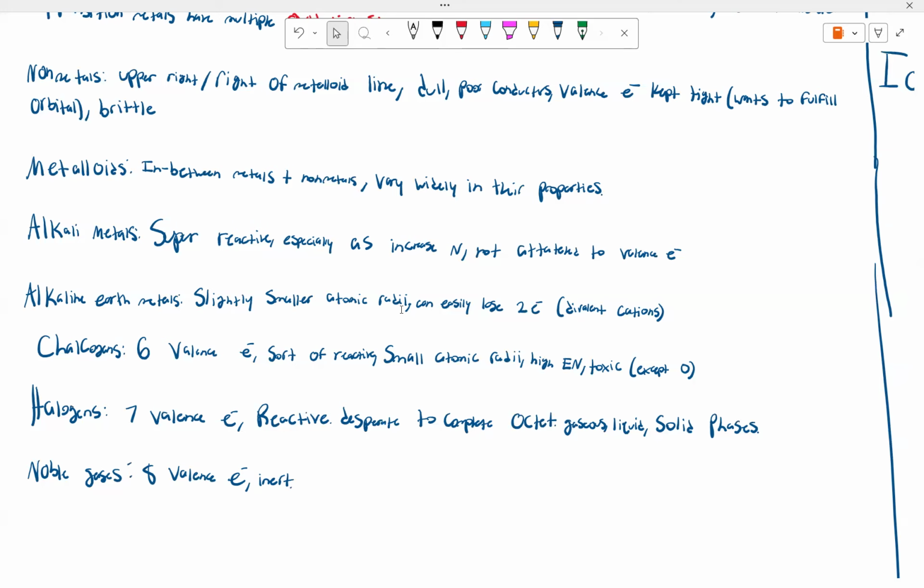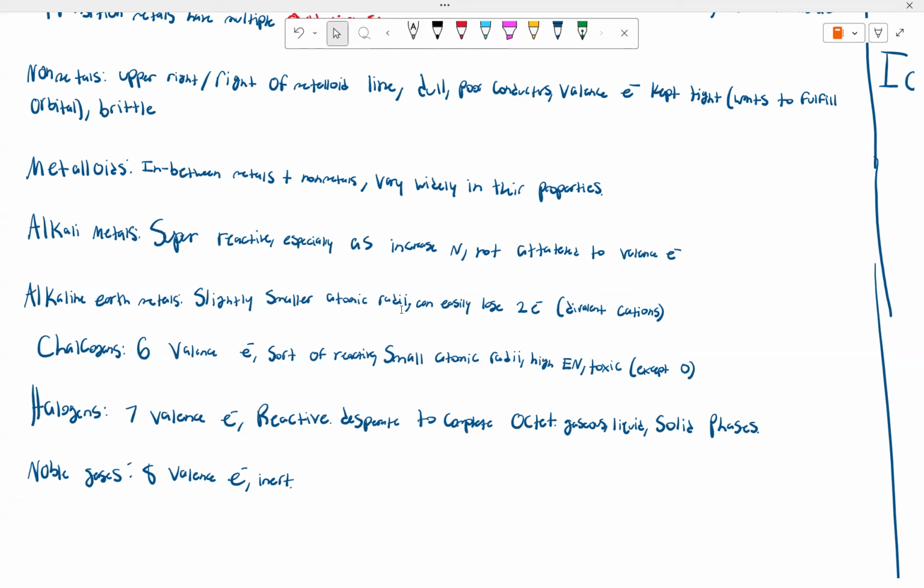as frequently because they want to lose an electron in order to complete their octet. Alkaline earth metals, same thing, slightly smaller atomic radii. They can easily lose two electrons to become divalent cations to obtain their octet. Chalcogens have six valence electrons. They're sort of reactive. They have small atomic radii, high electronegativity, and are typically toxic, except for oxygen, because obviously